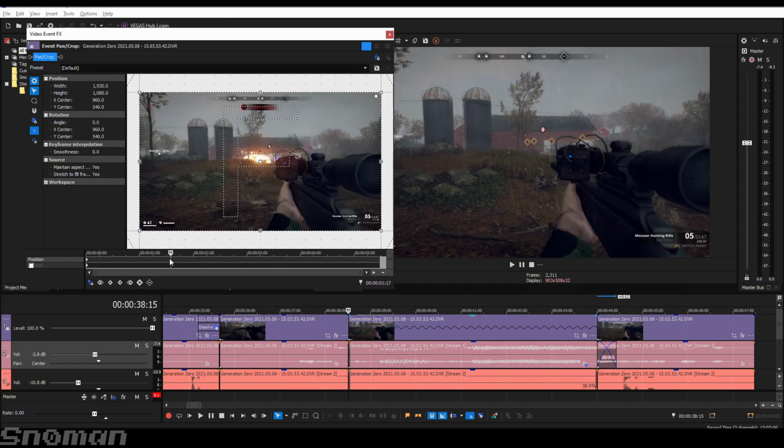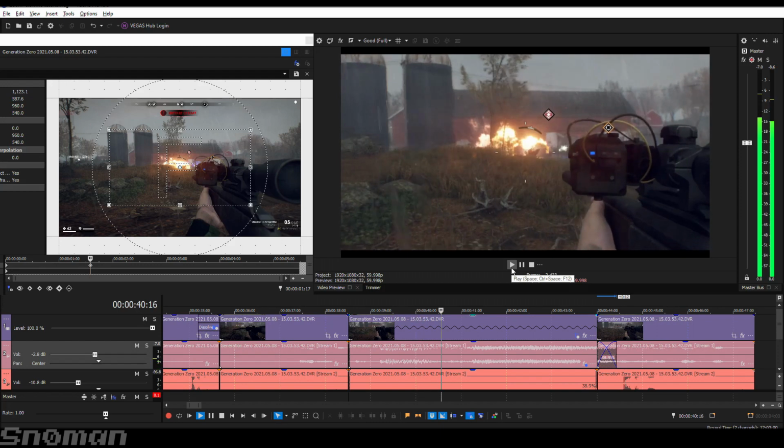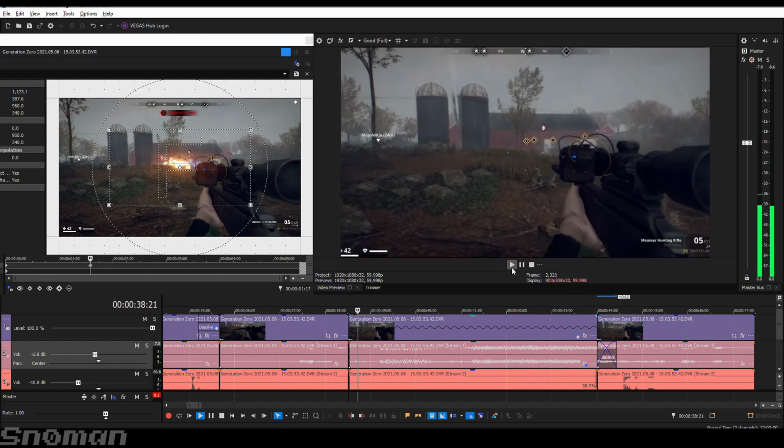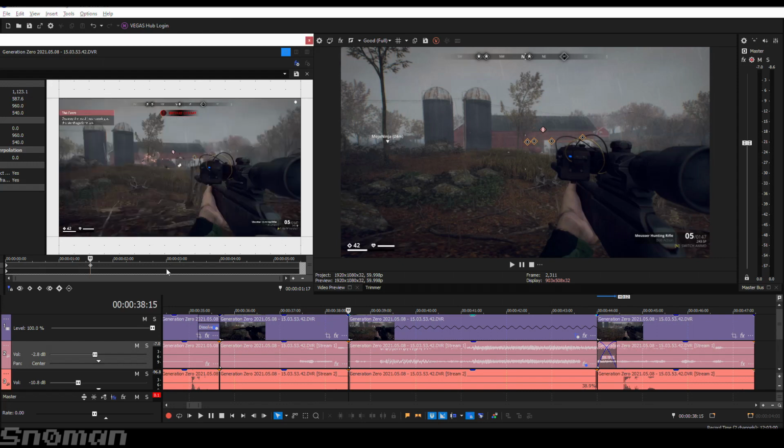So I'm going to create a zoom right here in between 1 and 2 seconds. I'm going to zoom in, halfway, I guess. And what that's going to do is create a gradual zoom effect. So that's pretty nice. What I want to do now is, now that I'm zoomed in, I want to stay